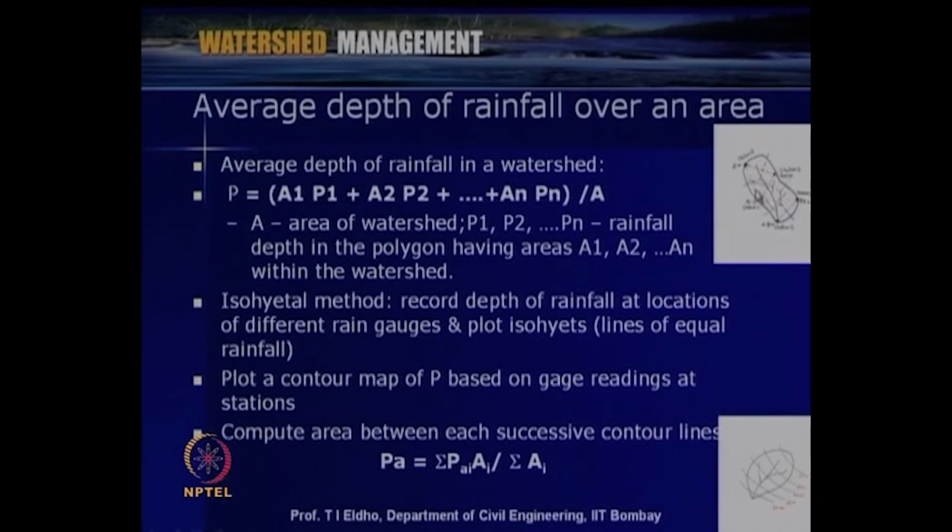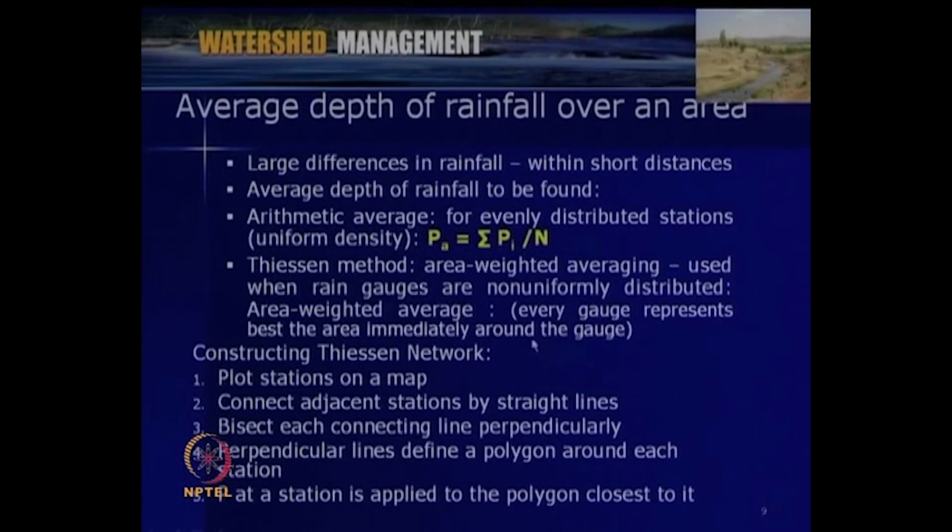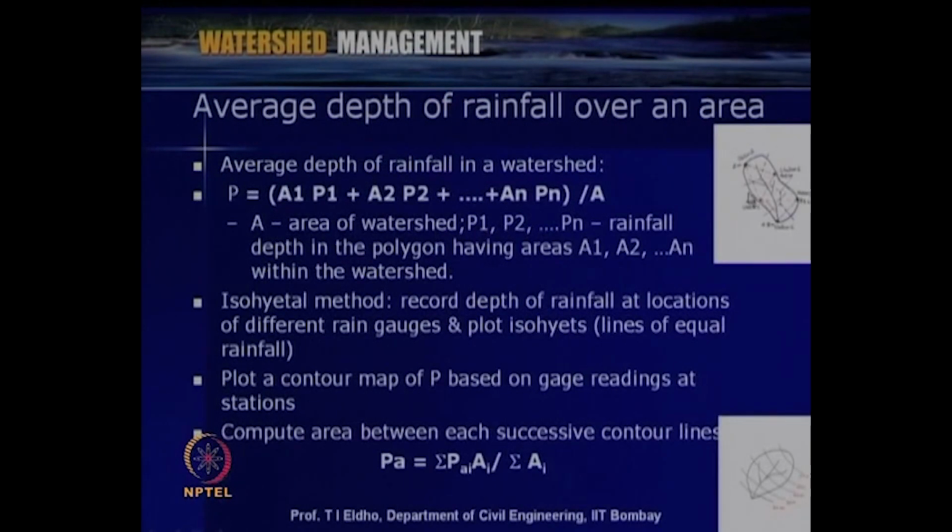So, each station we can see here. Then the rainfall at a station is applied to the polygon closest to it. So, this figure shows how we do it using the Thiessen method. The average depth of rainfall in the particular area which we want to identify will be P is equal